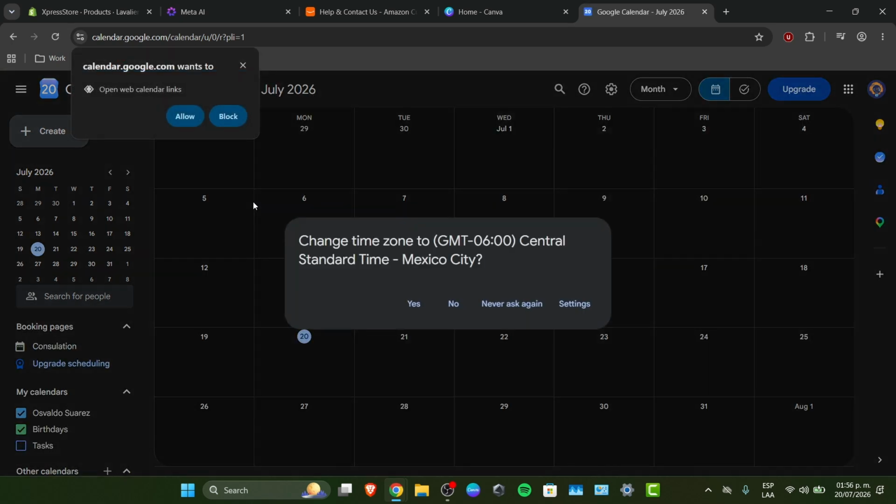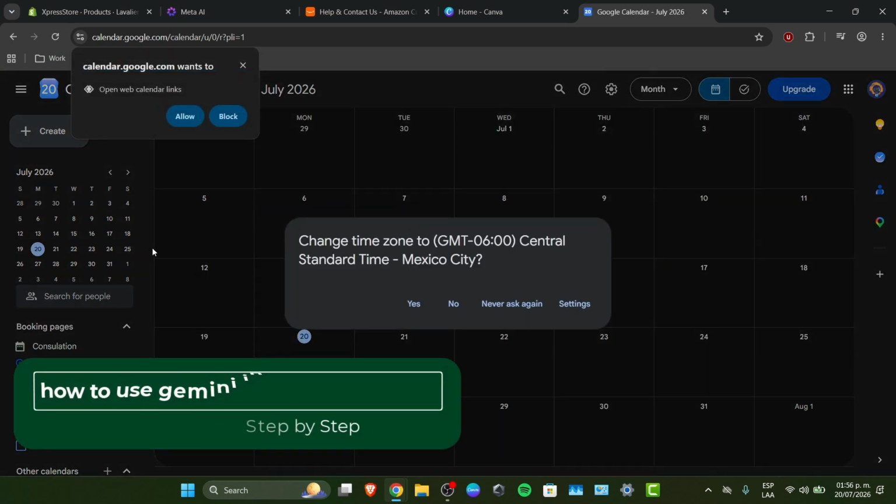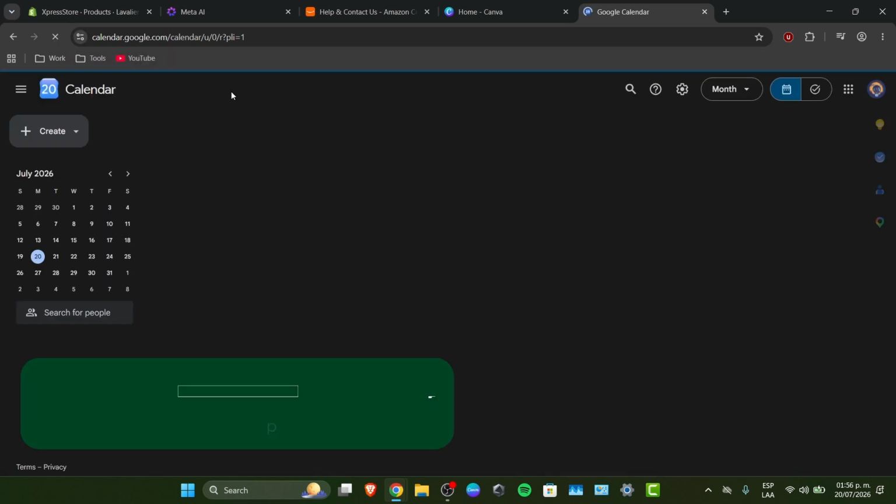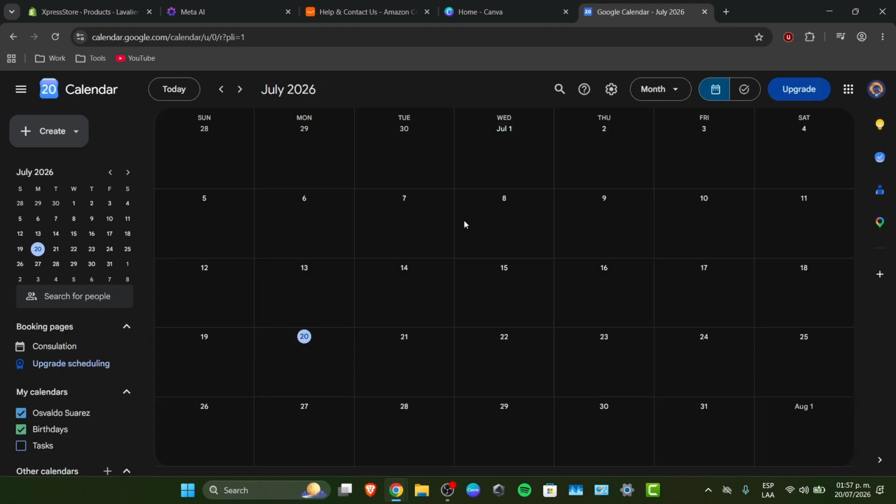Finding a meeting time that works for 5 different people used to mean a back and forth email chain. So Gemini in Google Calendar just checks everyone's availability for you. To make this process really fast and understand how to use Google Calendar, let's open it